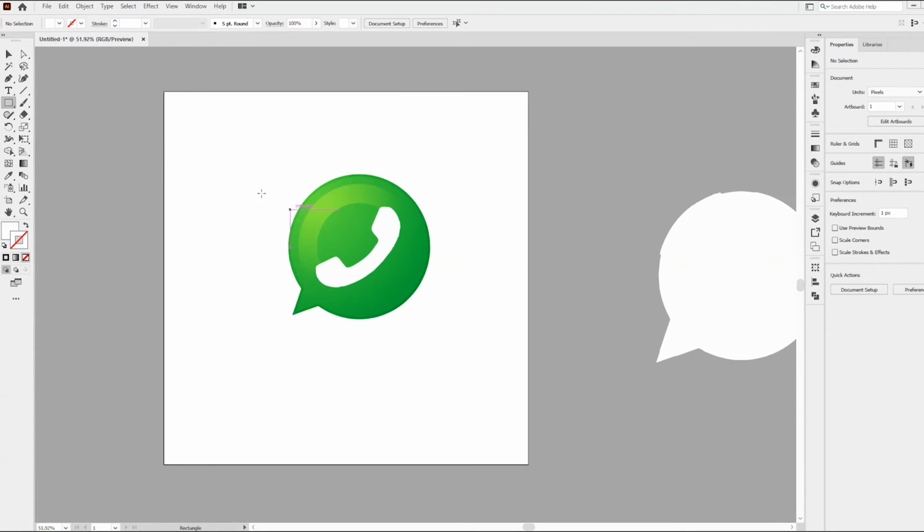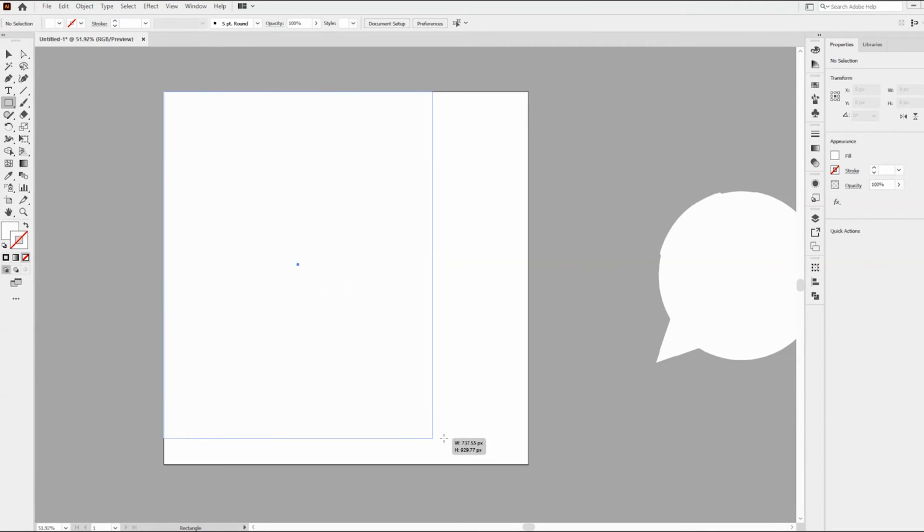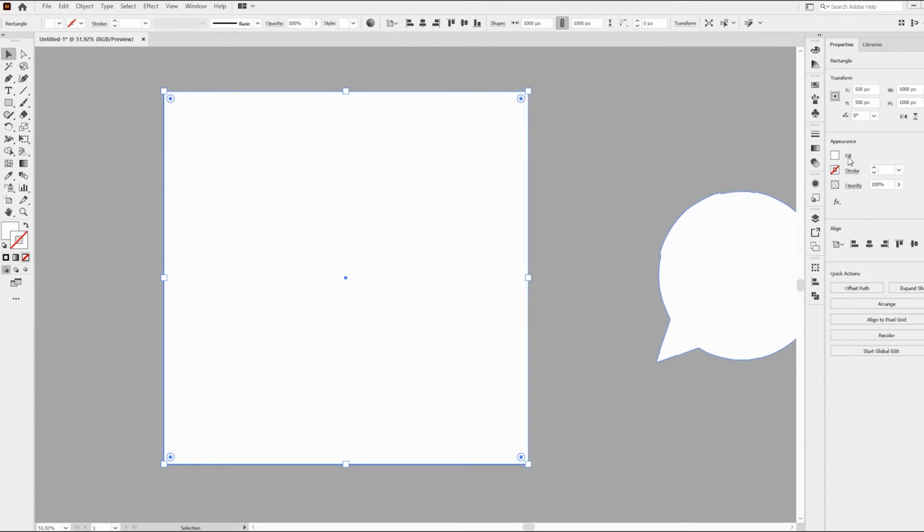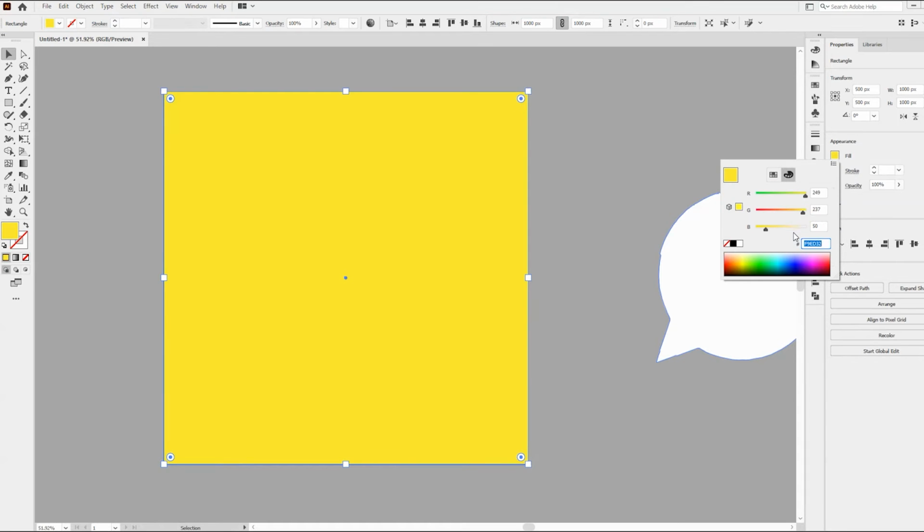Now if I create a background behind this object or vector, you can see some things.